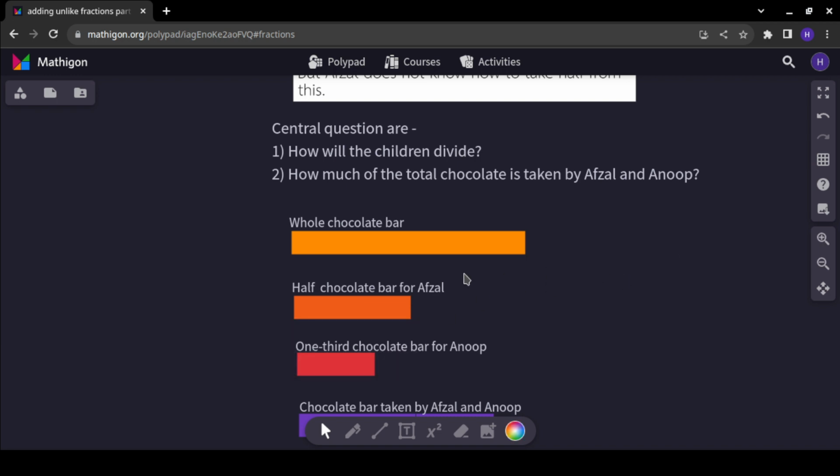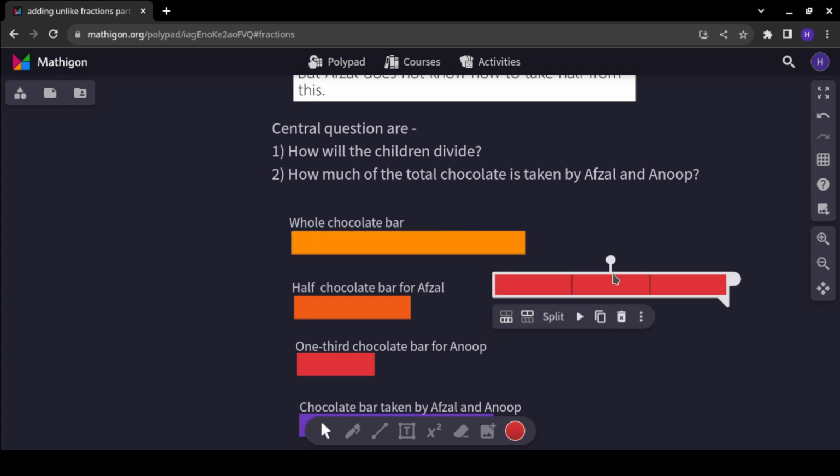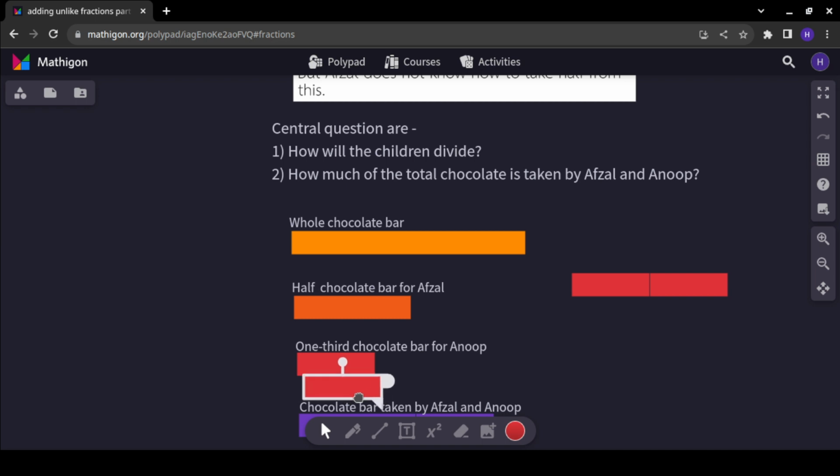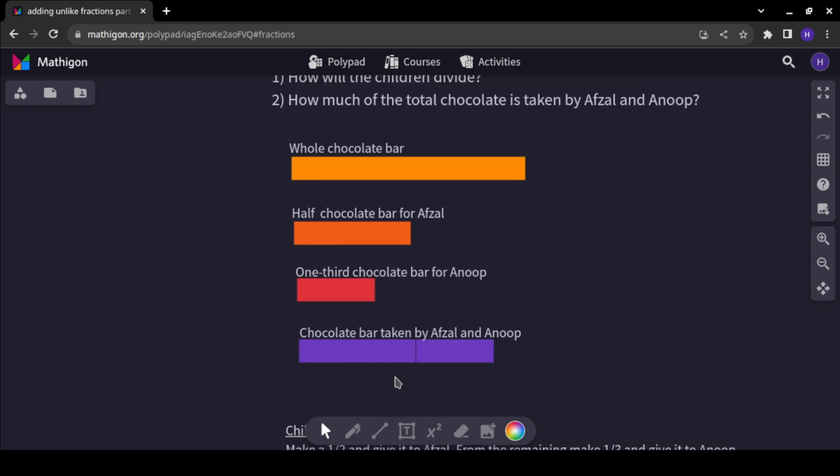Yeah. So now this is 1/3 chocolate bar for Anoop, right? So this is what Anoop wants in the end, no matter what we do. So let's split this into three parts, and this is 1/3 of it. Right. So what is this? This is basically the chocolate eaten by Afzal and Anoop. So here, this is also made by just combining the two pieces, right? So now, this is the whole bar,